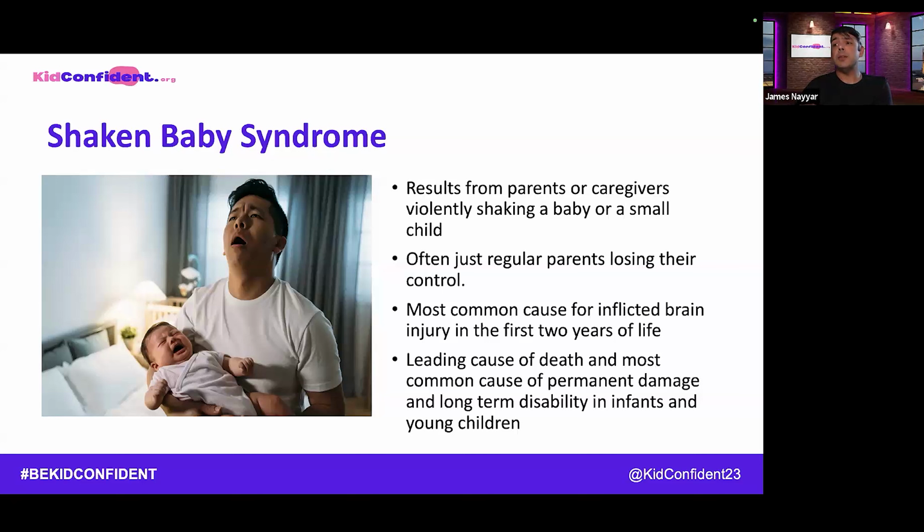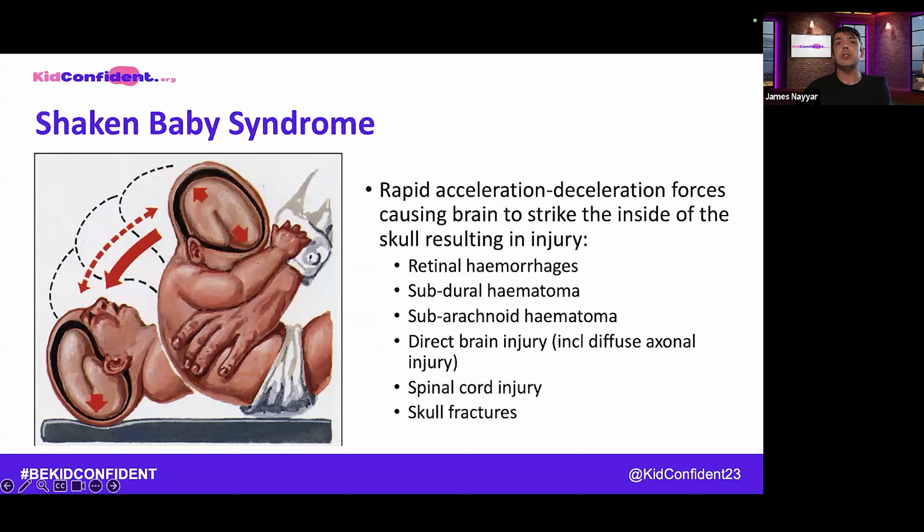Retinal hemorrhages, which can only really be detected by slit lamp examination and not really pre-hospitally, and intracranial hematomas, mostly subdural, like we said, but you also get some subarachnoid hemorrhages, are the most common injuries sustained. But because of the flexible nature of a baby's skull, it can be a bit trickier to detect, and I might have just skipped through that without going through the slides. So there's some image showing the forces exerted on the brain and how that causes the damage, and a list there of some of those injuries that I rattled through.